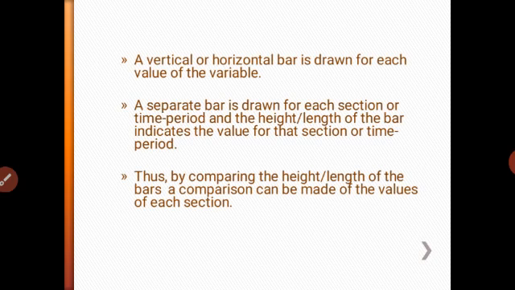Here a separate bar is drawn for each section. You can see that in the simple bar diagram one bar is for one section. The time period and the height and length of the bar indicate the value of that section or time period. So the height or length of the bar,